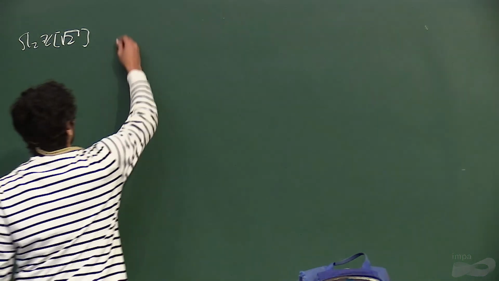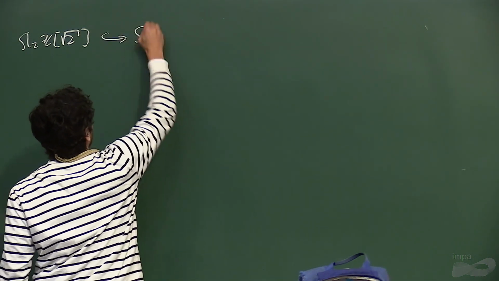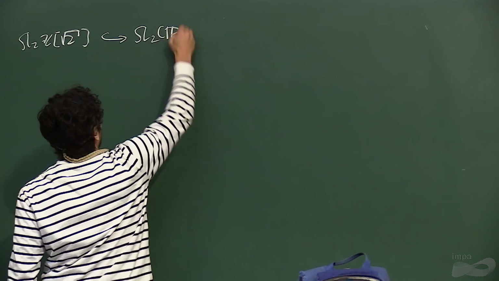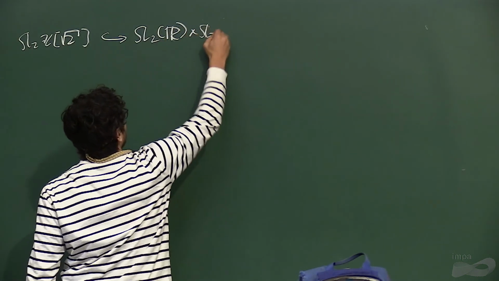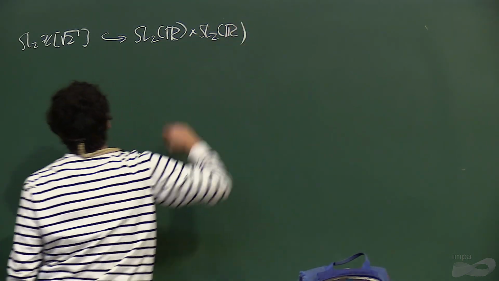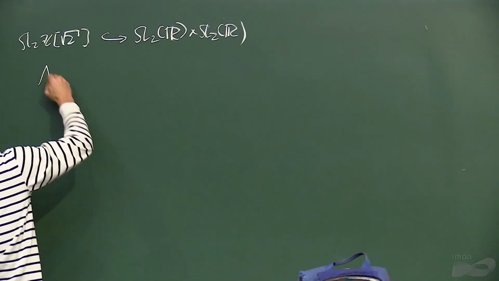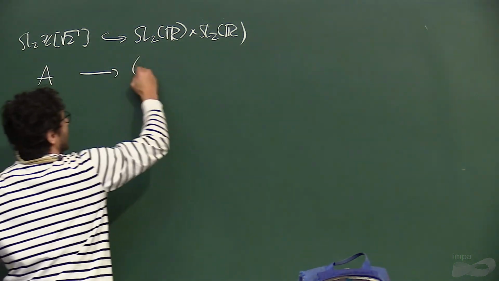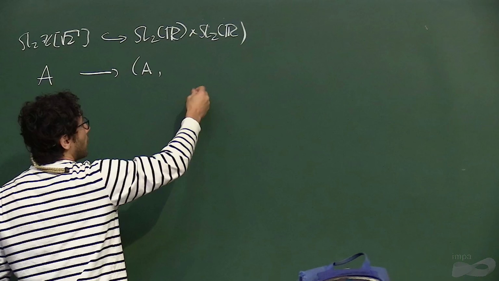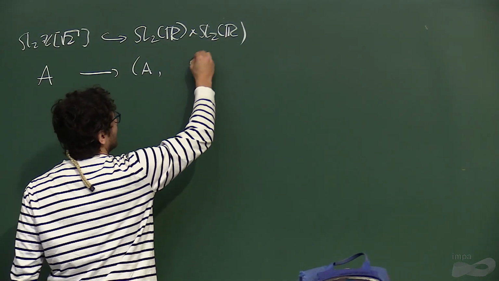So you can embed this subgroup into SL2R times SL2R by sending a matrix to the matrix and its Galois conjugate. That means